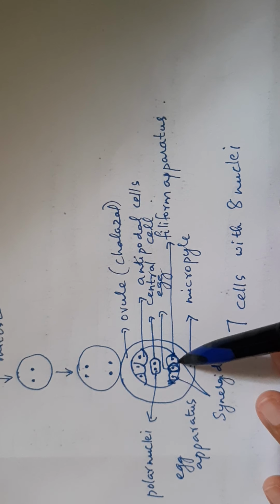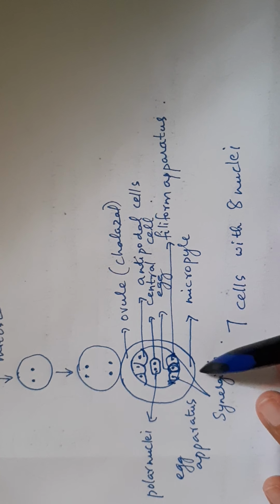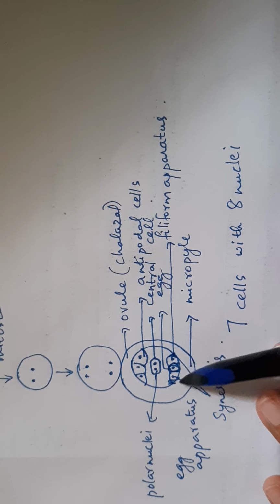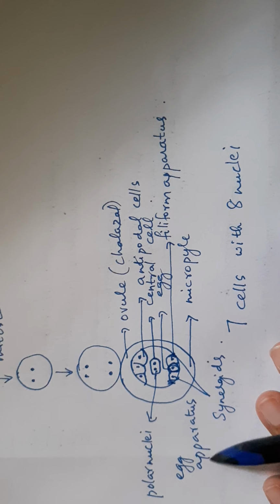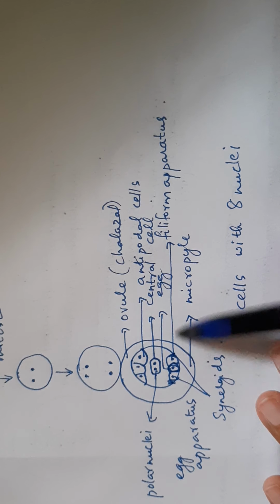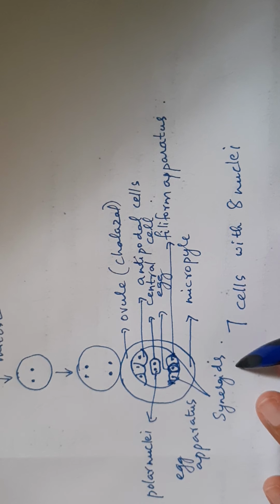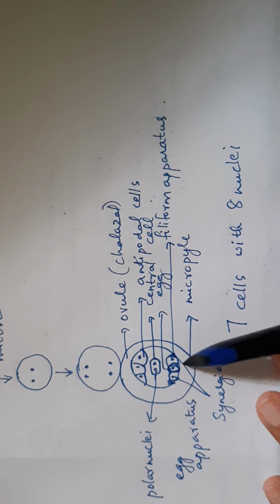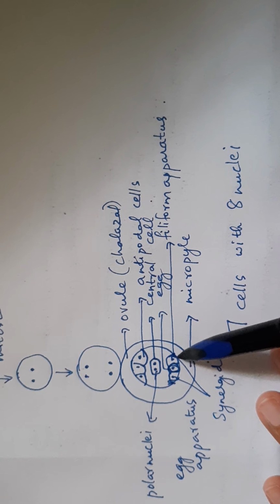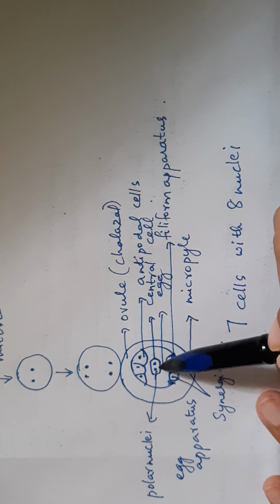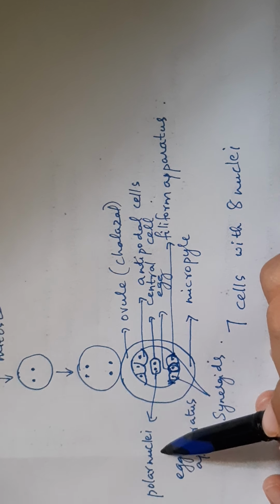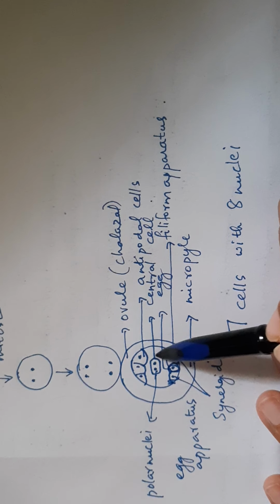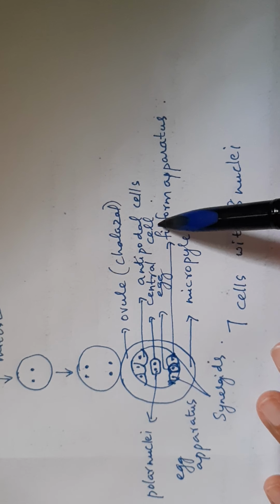The other 3 nuclei will be found in the direction of the micropylar end of the ovule, and these 3 nuclei will be surrounded by cell walls, and these 3 cells together are called the egg apparatus. The center cell is called the egg, and the other 2 cells are called synergids. Synergids are present with filiform apparatus to guide the pollen tube towards the egg. The remaining two nuclei present in the center of the embryo sac are called polar nuclei. Polar nuclei will be surrounded by a common cell wall called the central cell.